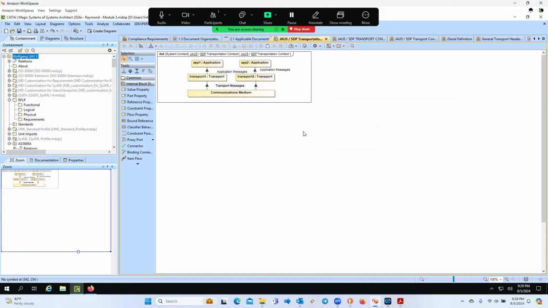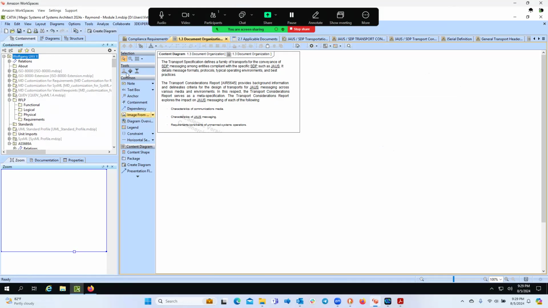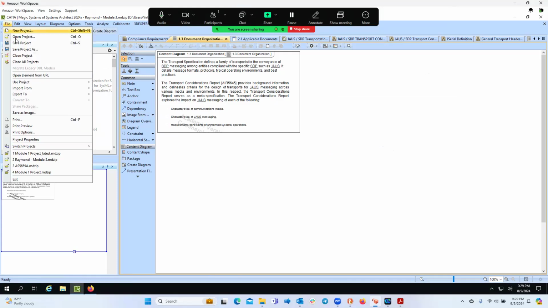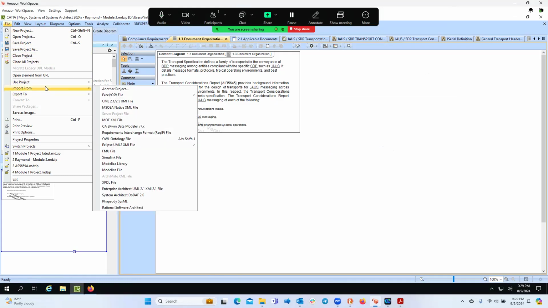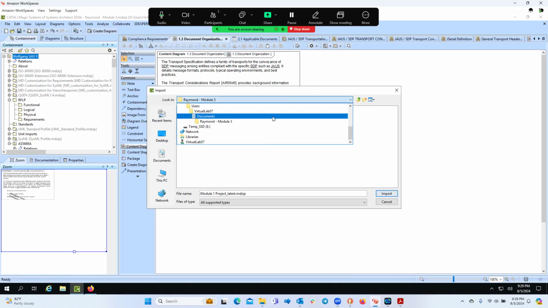Now, if you start here, you know what, that is not a great place to start. So first, when you go to this model, it gets loaded in. You do File, and you could do Import from. You want to do import from another project, and then it'll let you browse around, and then you can do the right